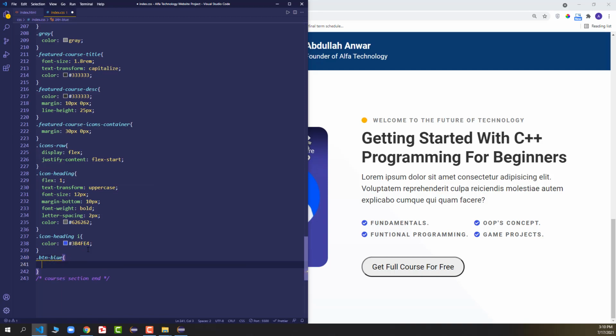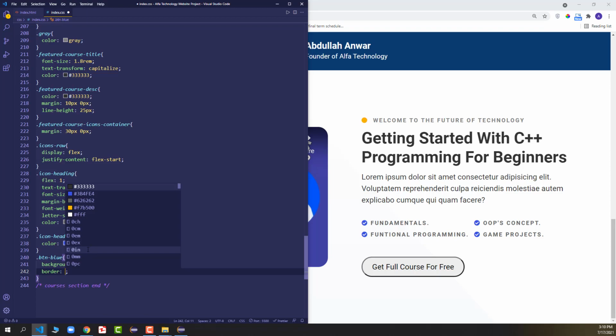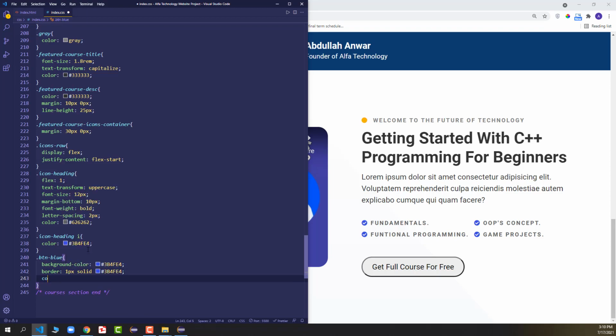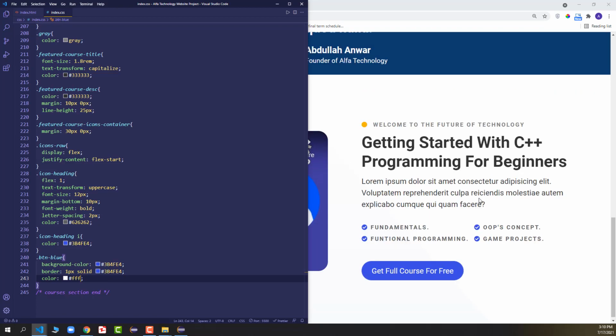We'll provide the background color as blue, and then the border 1 pixel solid blue, and finally we will provide the text color as white. So we'll say color hash FFF. So if I save it, you can see we got a beautiful button as well.